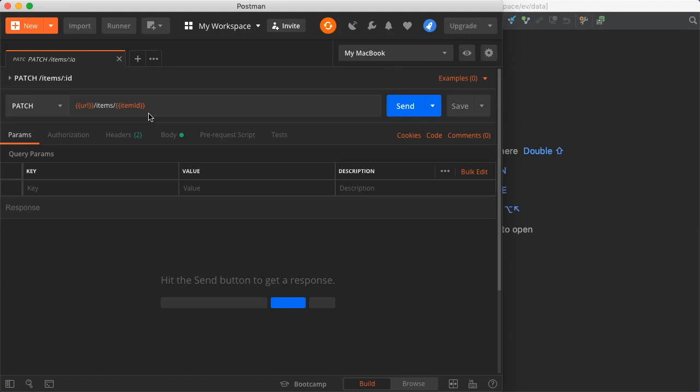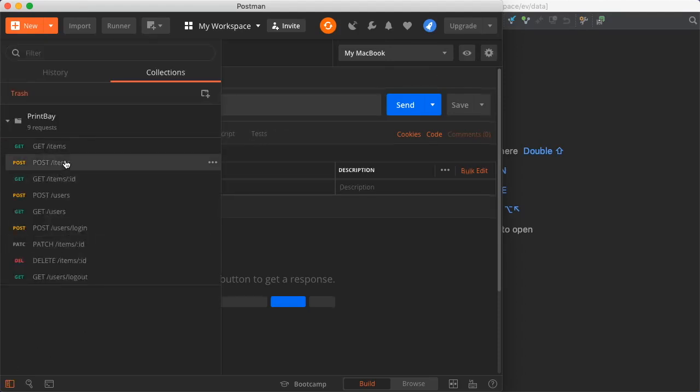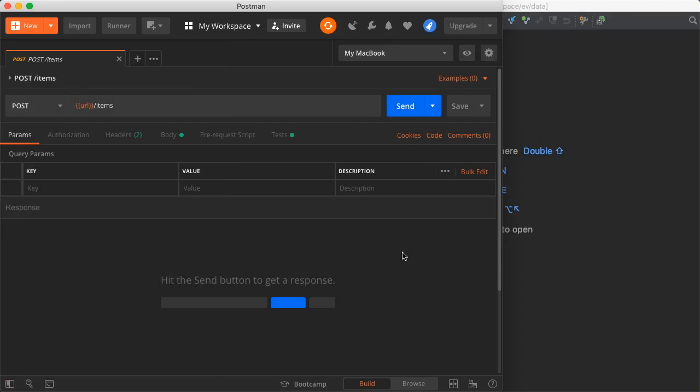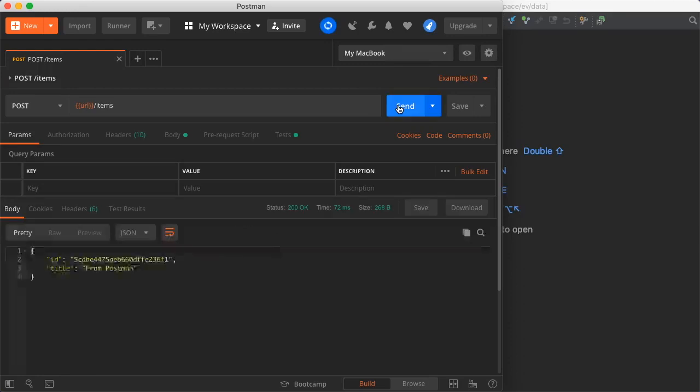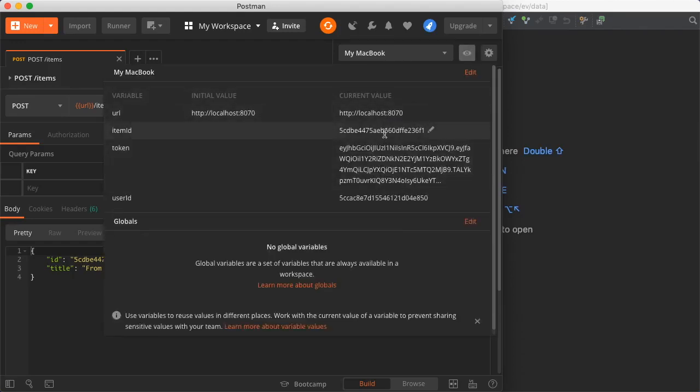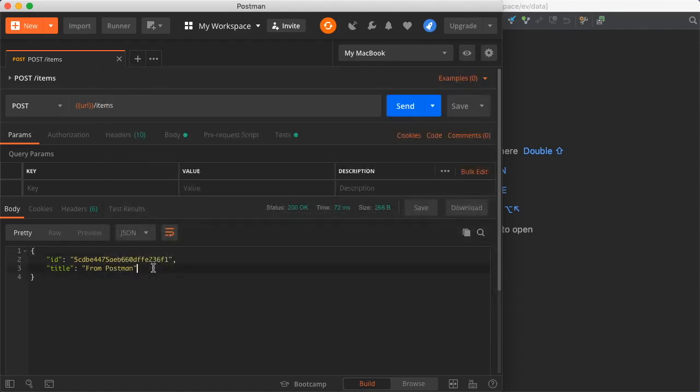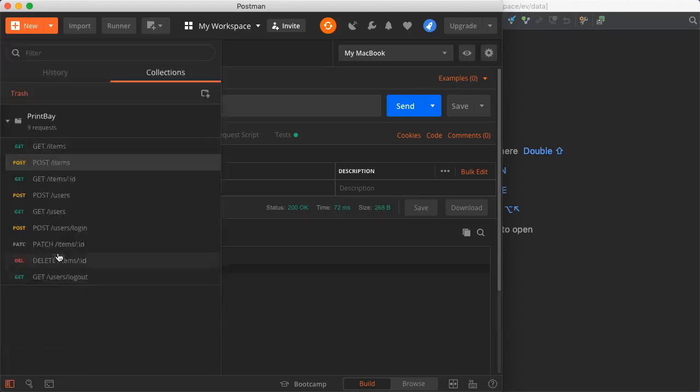So to see how it works, first make sure that your server is running and that you're logged in via Postman as the admin user. What we'll actually do first is open up the POST items endpoint in order to create a new item. So let's go ahead and click send. And once we've done that, the ID is going to be stored as an environment variable up here so that we can use that in our patch request. Now also notice that the title of this one is "from Postman". All right, so coming back to the patch endpoint,